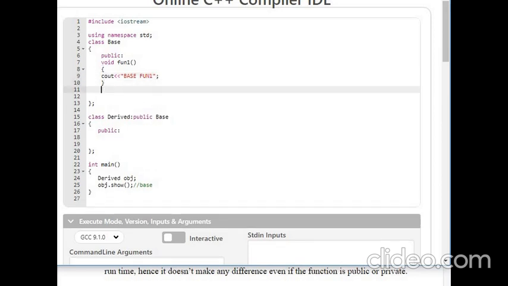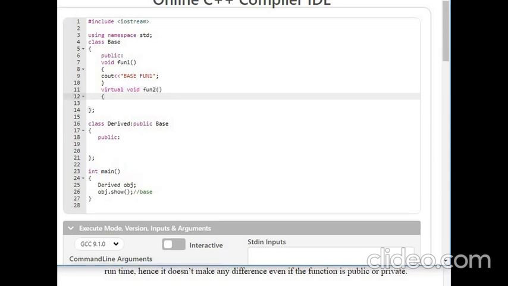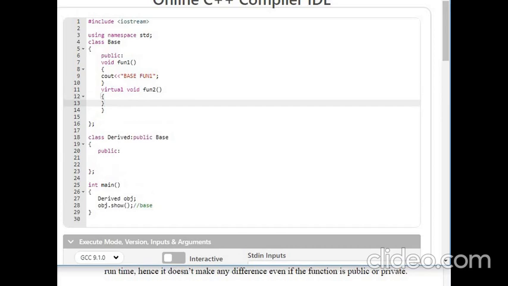Another function, fun2, also prints a message, so we will be able to see which function definition is getting executed.